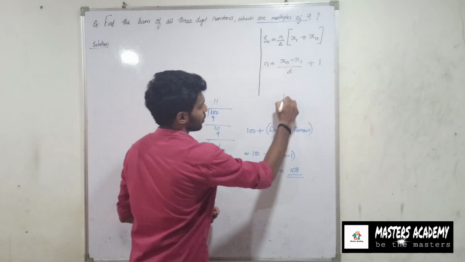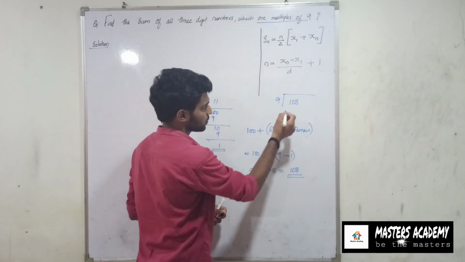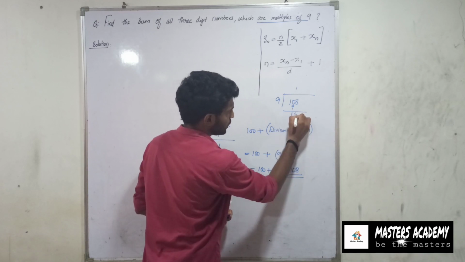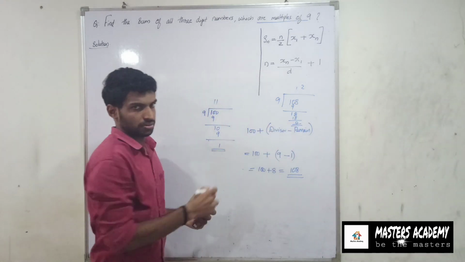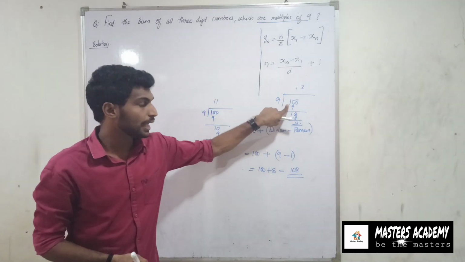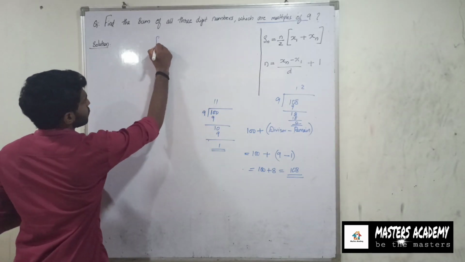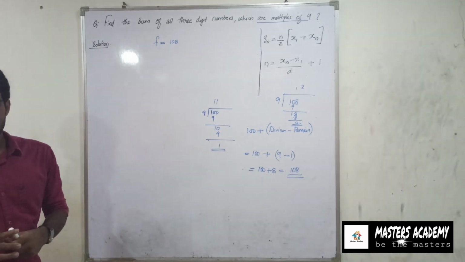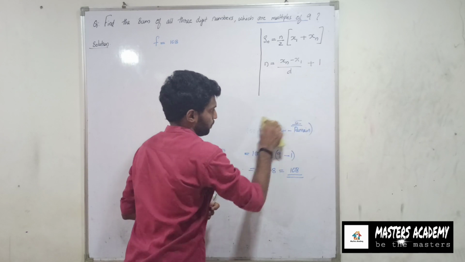Let's check. It is not compulsory to check, but for your better understanding, I am checking this. 1 times 9 is 9, 1 is 18, 2 times 9 is 18, 0. Here the remainder becomes 0. So we can say that 108 is a multiple of 9. Understood? So we got x1 equal to 108. Now we can find out xn, that is, the last term.